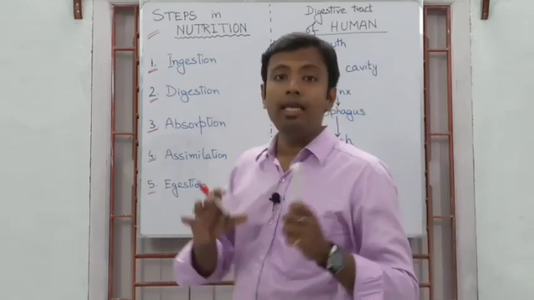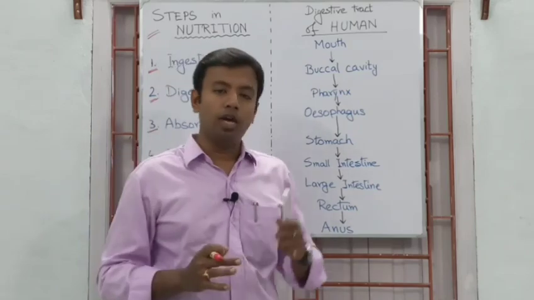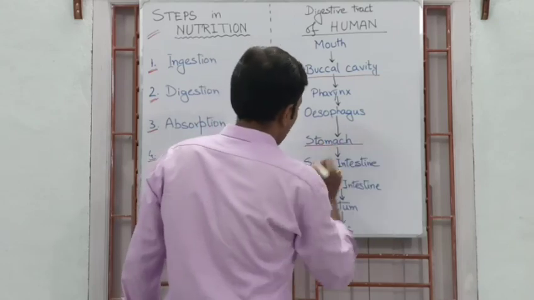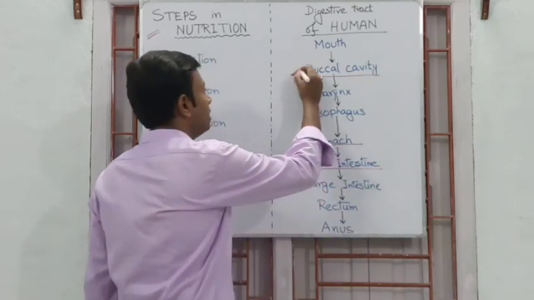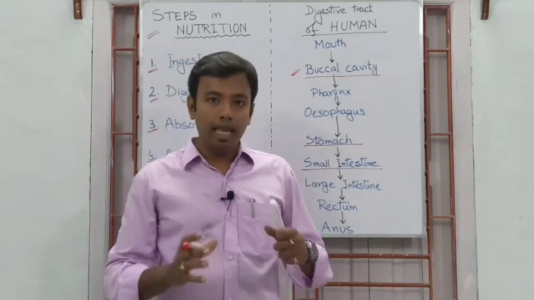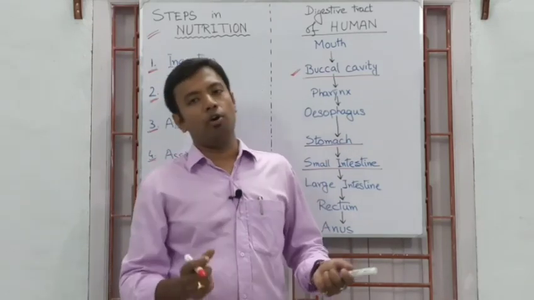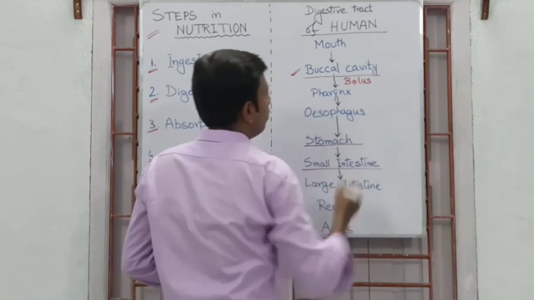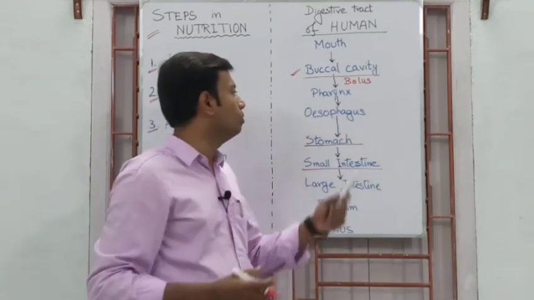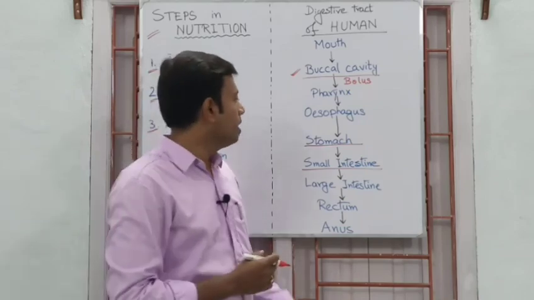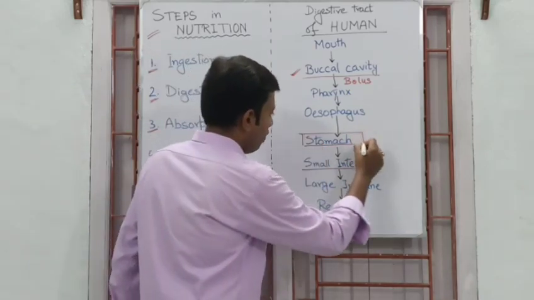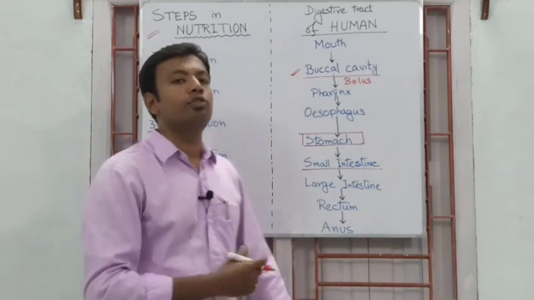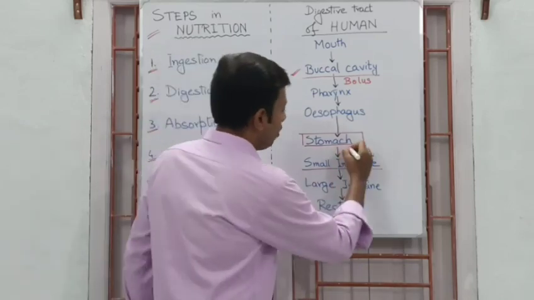Now, among these 9 organs, there are only 3 vital organs where digestion can take place, and these are buccal cavity, stomach and small intestine. We all know that in the buccal cavity, saliva helps in the digestion of simpler carbohydrate and makes the food substance into what is known as bolus, making it easy to pass through pharynx and esophagus respectively. Our next place of digestion is stomach, where gastric juices help in the digestion of several other foodstuffs and convert the entire foodstuff into